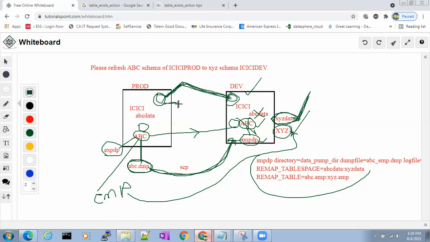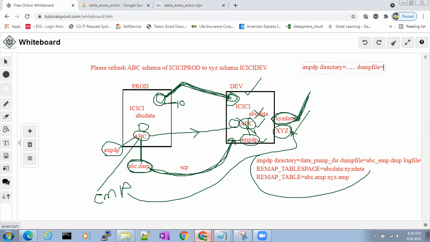Okay, fine. If you use this at the time of import, for example, wait, I'll tell you. This is the syntax: impdp directory=some directory name. Next, dump file. The dump file is what you're actually importing.